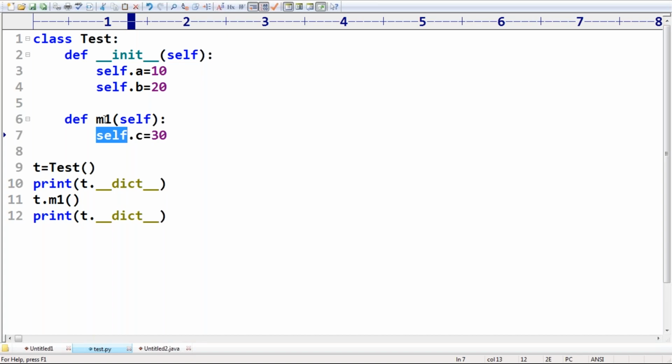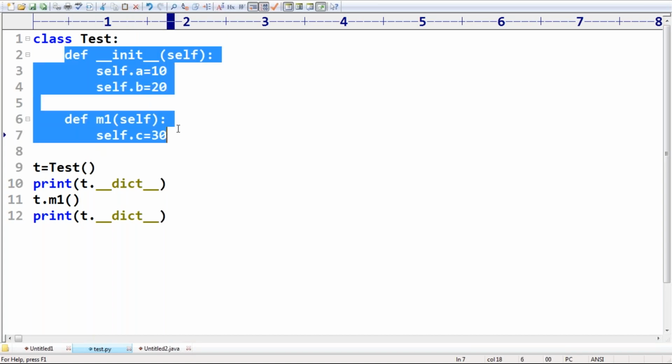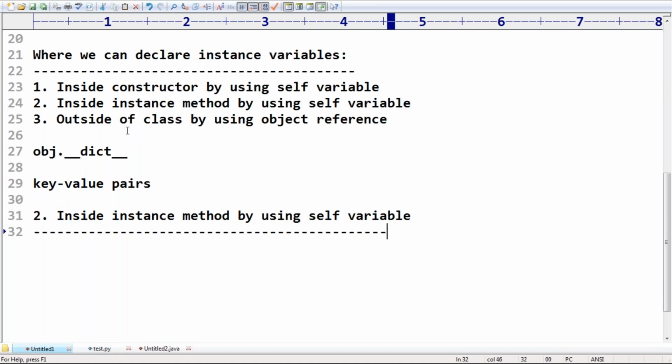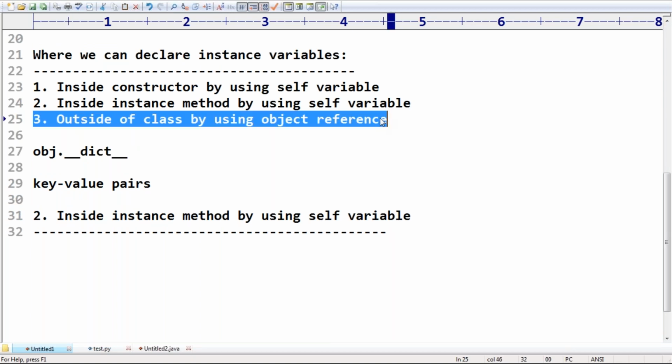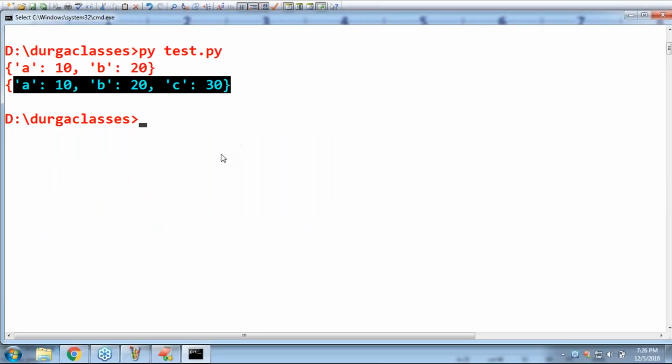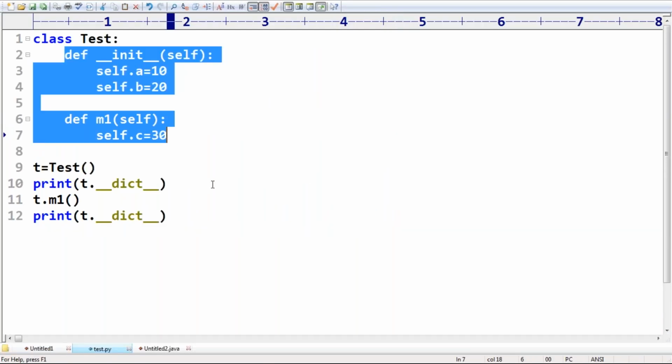Now this is about just two places where we declare instance variables. Now a third place is also there. What is the other place? Very simple: outside of a class by using an object reference. Outside of the class, if you want to access the object,